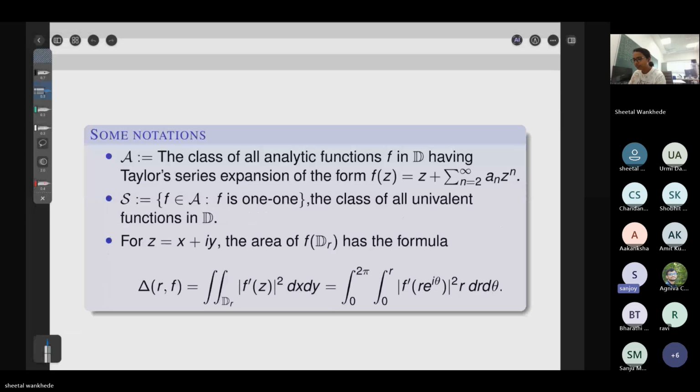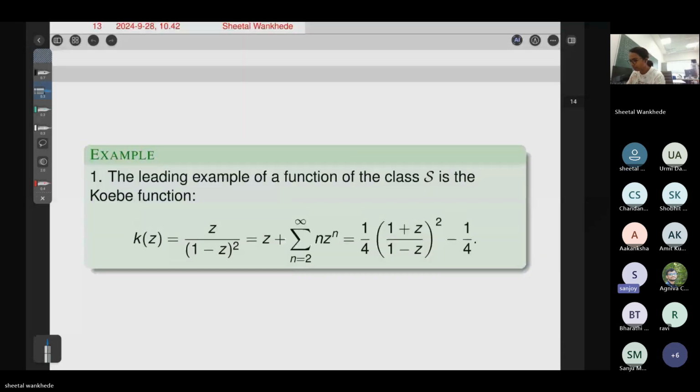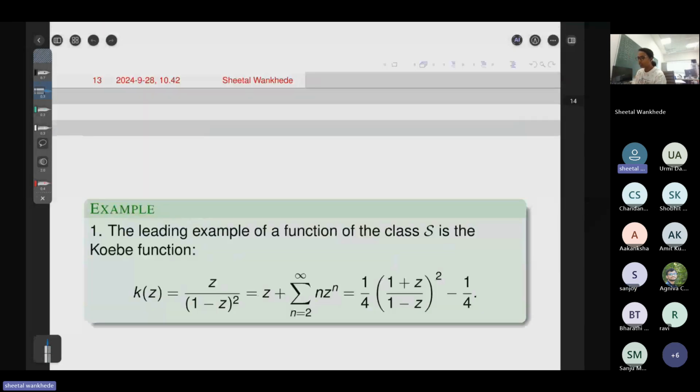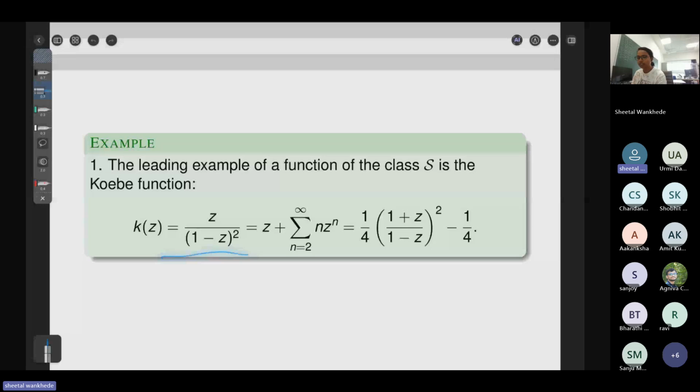The last point is the area of f of Δ_r, right? This just represents the area that the function f represents for radius r. Fine. So this Koebe function plays a very important role in this class S, and this is a